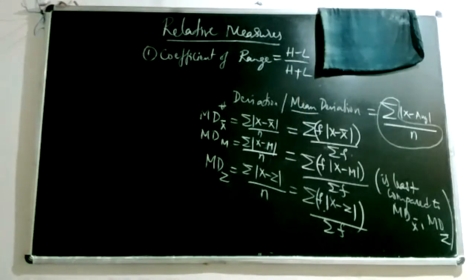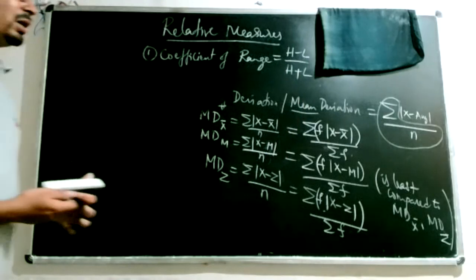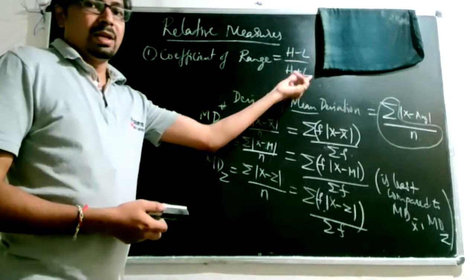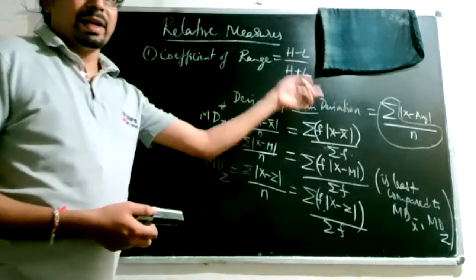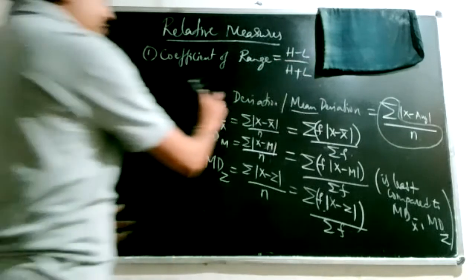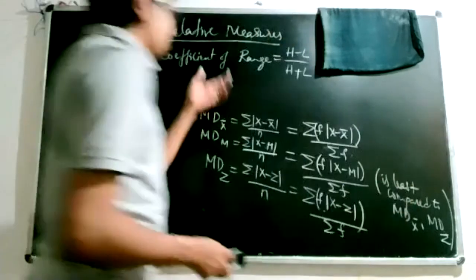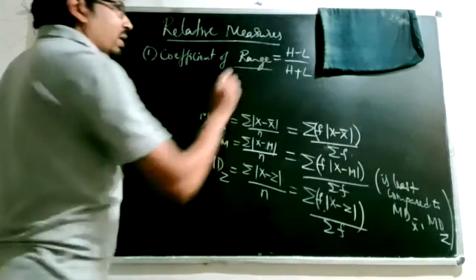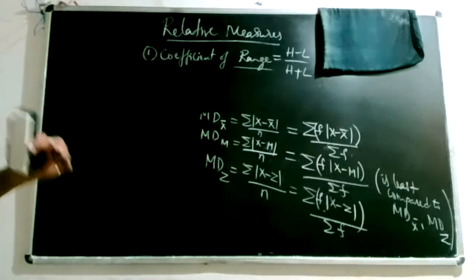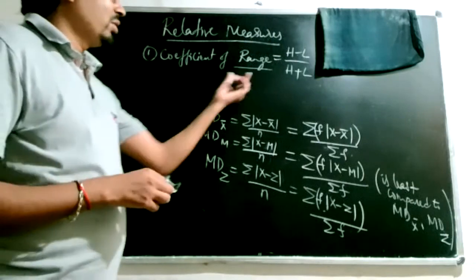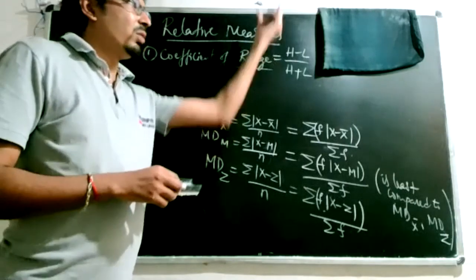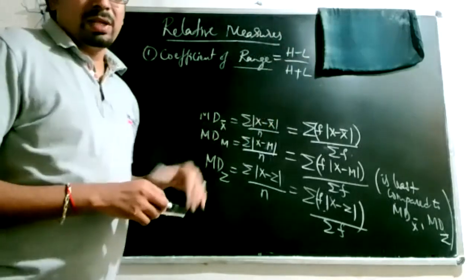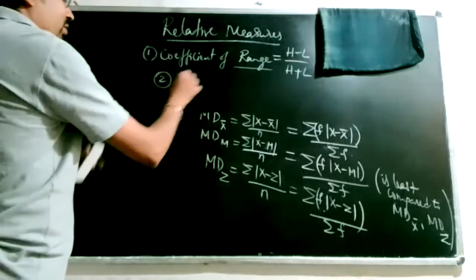So if you just obtain H minus L, it is range. H minus L is in kgs. If your X is in kgs, H plus L is also in kgs. So when you divide kg by kg, the units cancel. So you will get a unit-free measure. But we look into the application of this very rarely. But as said, if you are looking into the case where you are only interested in high and low values, say you're talking about the price of gold, price of stock values, where you are interested in what is the maximum by the end of the day, what was the minimum in the day, in that case, you can talk about range as well as coefficient of range. Now, coming to the second case,